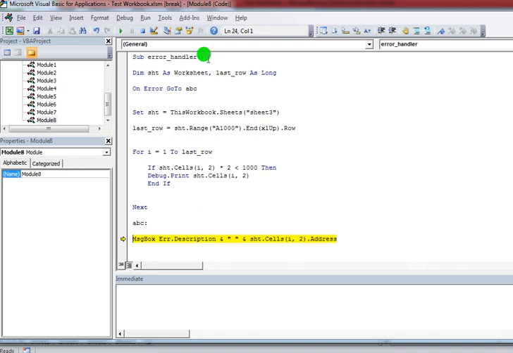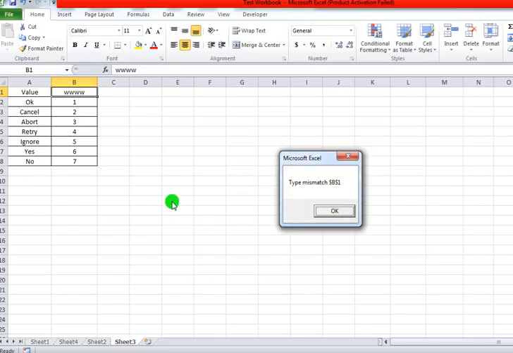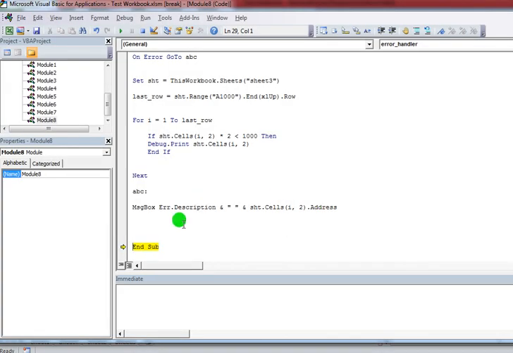In this line an error has occurred, so control goes automatically to this line. It prints the error, that is a type mismatch error, and also prints the cell in which the error occurred. In the B1 cell we have the error.